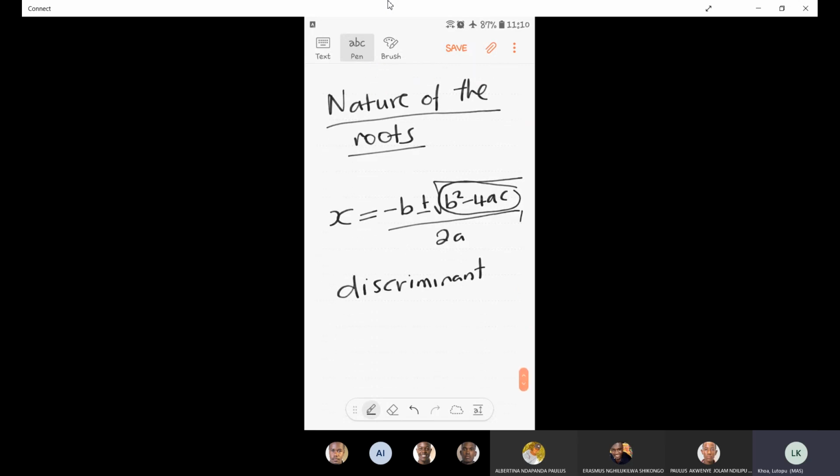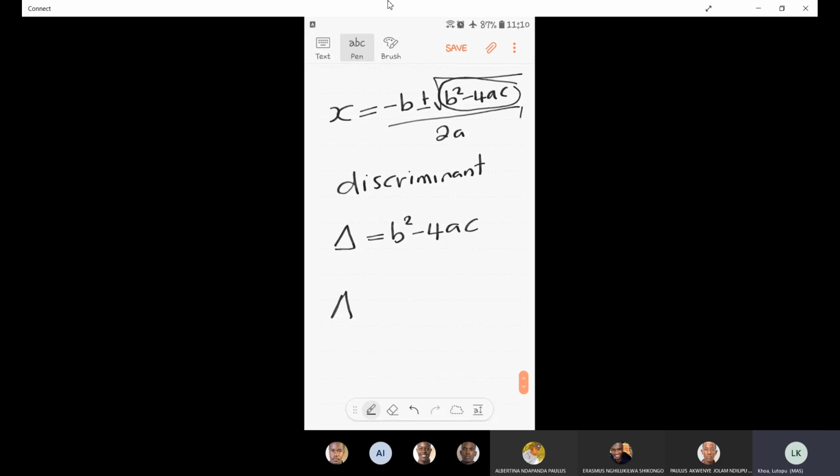Okay, so we sometimes shorten it, use the Greek letter delta. This is b squared minus 4ac. Now this discriminant tells us a lot. So if you know what your discriminant is, you can tell what kind of roots you have. Now if your discriminant is greater than or equal to 0, this means that you have real roots,